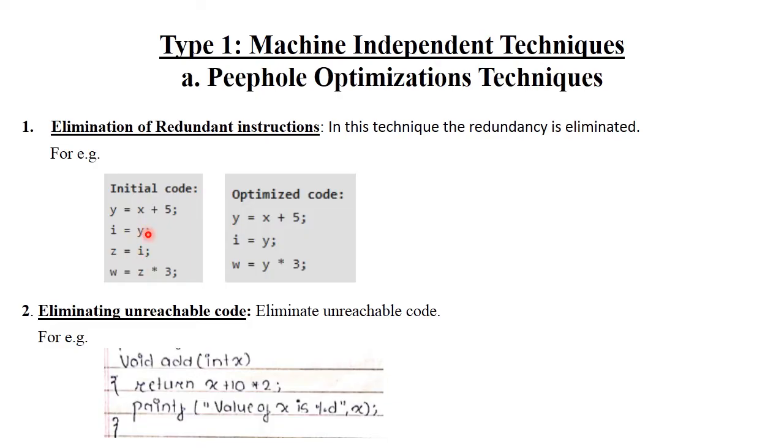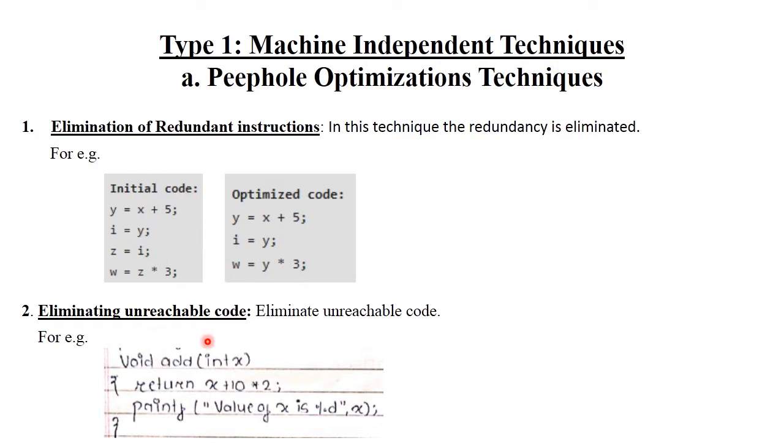If you stored the y value into I, then this code is not valid, because it is duplicate code. You need to eliminate it, because you can directly use the y and I value for z. So this is the optimized code: y is stored into I, and you write y or I value into 3 and it is stored into w. So it eliminates redundant instructions here.